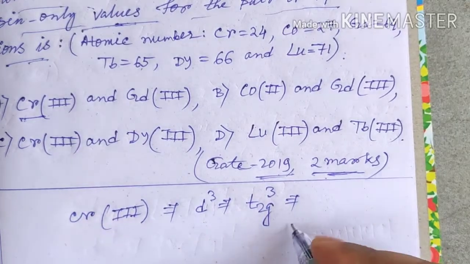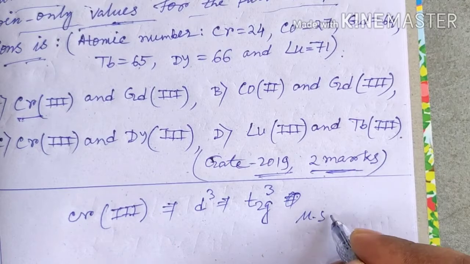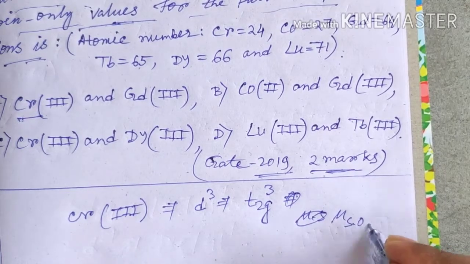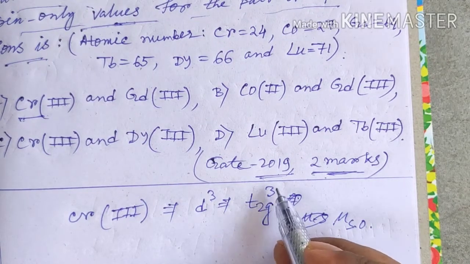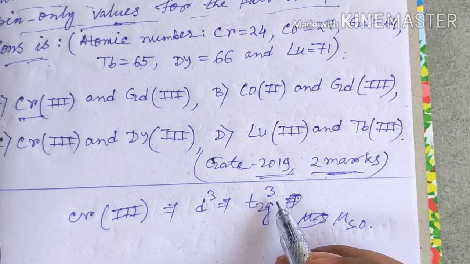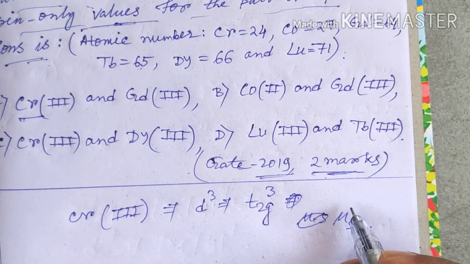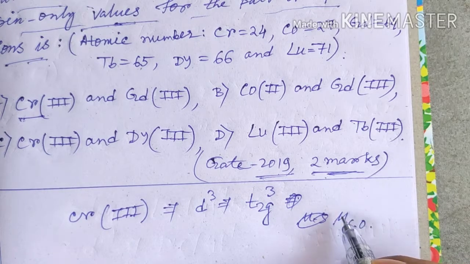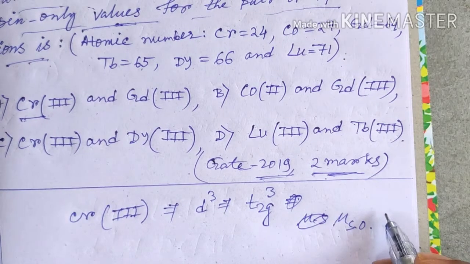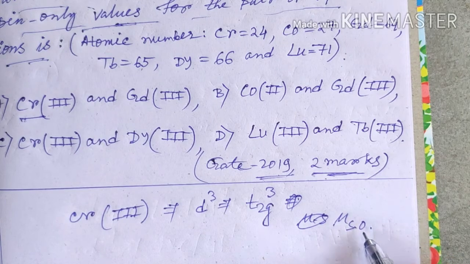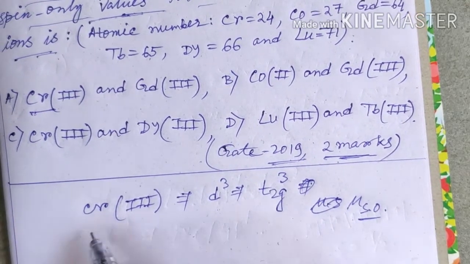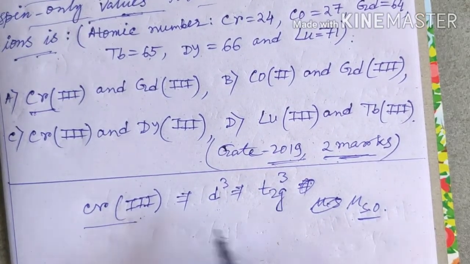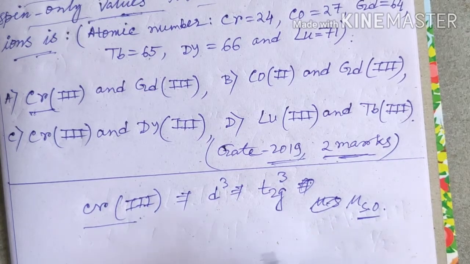So its magnetic moment will be spin only values, since there is no orbital contribution. If the t2g orbital is more than half filled or less than half filled, that is unsymmetrically filled, in that case there will be a contribution of orbital momentum of the electron, and in that case the magnetic moment will be higher than that calculated depending on only the spin quantum number. So for this chromium 3+ ion, the magnetic moment is equal to spin only values.